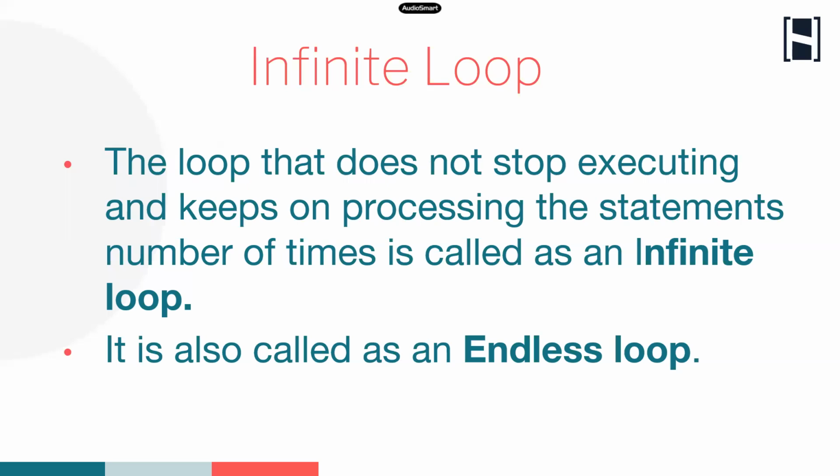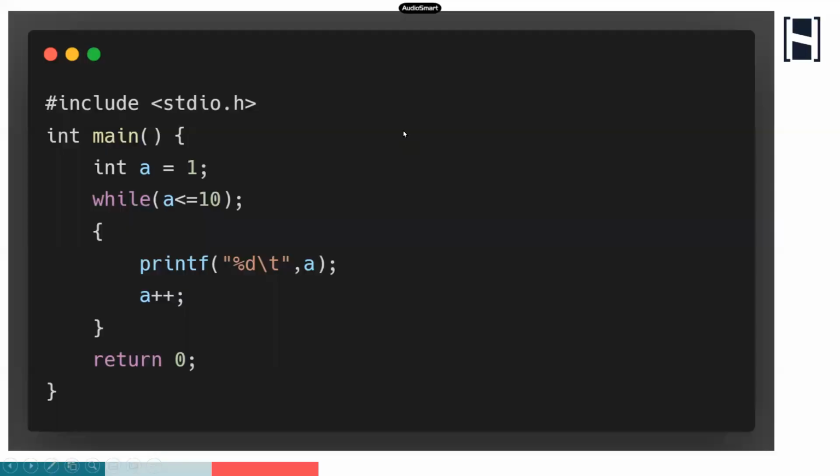So the infinite loop scenario can come in any type of loop. That is, whether you're writing a while loop or a for loop or a do while loop. Whichever loop we are using, there is a chance that our loop may go into an infinite situation. So in this video, we are going to be discussing some scenarios which lead to an infinite loop, and we will see how not to make these mistakes when we are writing our programs. Right. So let us look into the first scenario.